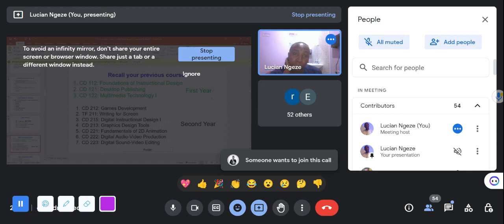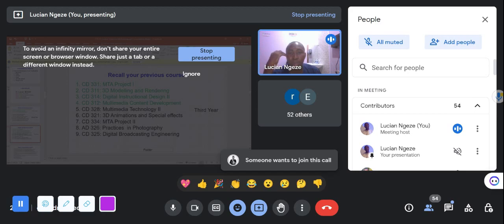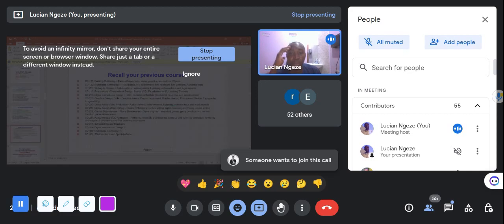Na najua kwa wale wanafunzi wa DCB, IDIT na Multimedia, you must have learned about fundamentals of instruction design, desktop publishing. Kwenye mwaka wa kwanza na mwaka wa pili kuna course ambazo umezisoma nyingi, which will be foundational basically to this course. Kwa hiyo kuna mwaka wa pili mmesoma, mwaka wa tatu mmesoma kuhusu Multimedia Project 1, mtasoma this time 3D modeling and rendering, mnazisoma kwenye semester hii. Multimedia content development ya kwetu tunaisoma this semester. Kuna nyingine zinafuata as you go forward. Lakini all these courses will also be contributing to how best you can be able to navigate through this course,